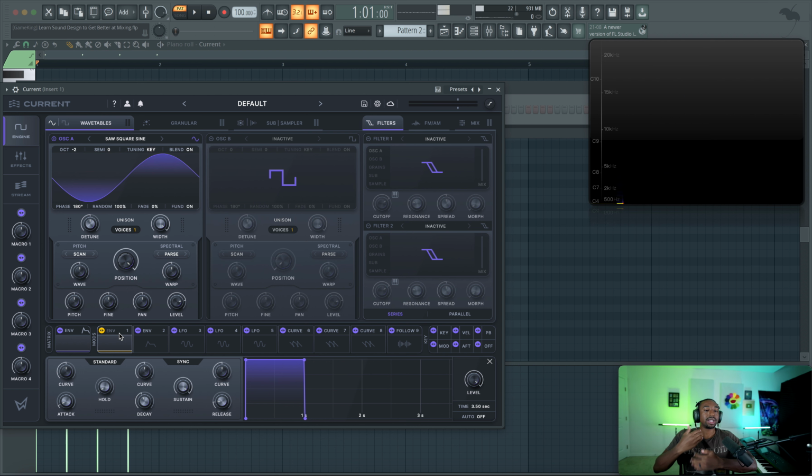Okay, so what creates hardness? It's not just the sound, it's harmonics. We know that for sure, but it's also pitch movement in a very fast amount of time. So let's grab this envelope and let's drag this over top of, I believe the semi value is going to give us that. I'm looking for their coarse pitch, but I don't see it. So let's drag it over there. Did that even do what I thought it was going to do? Oh, here it is. Pitch right here. Okay, I put it over the wrong thing.